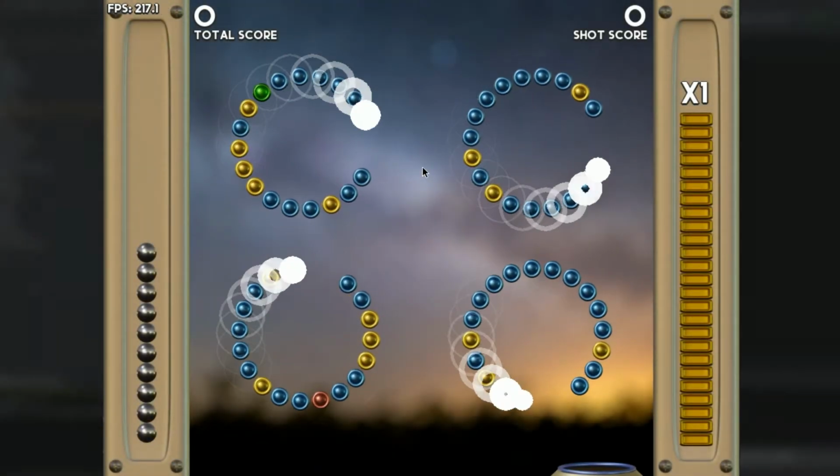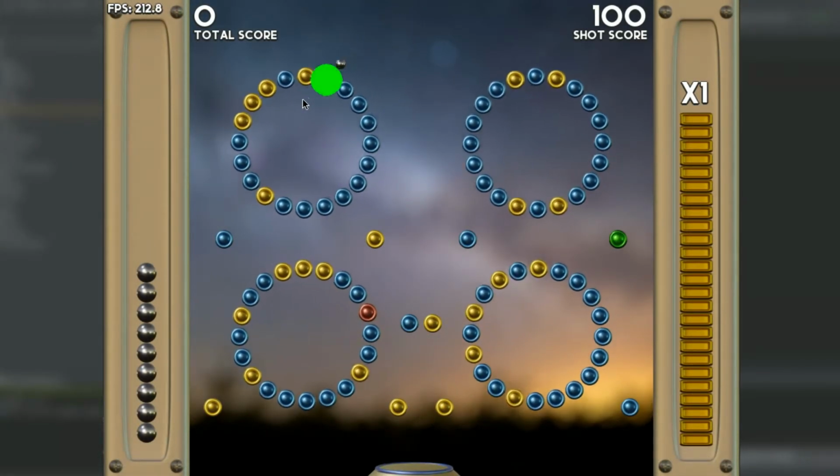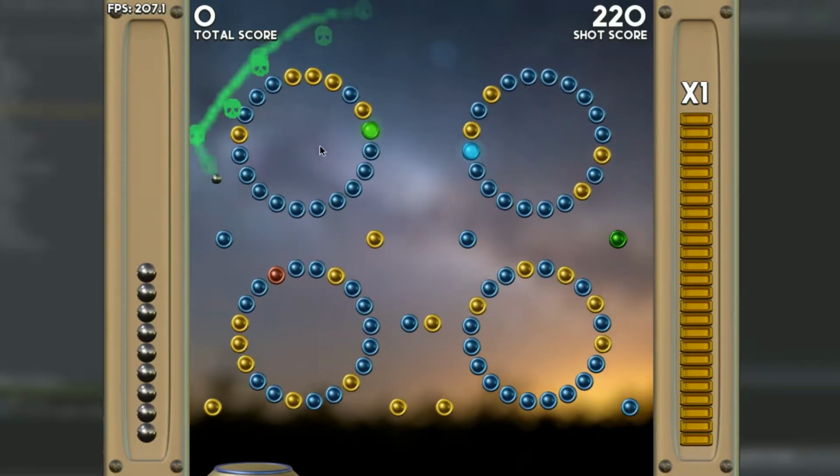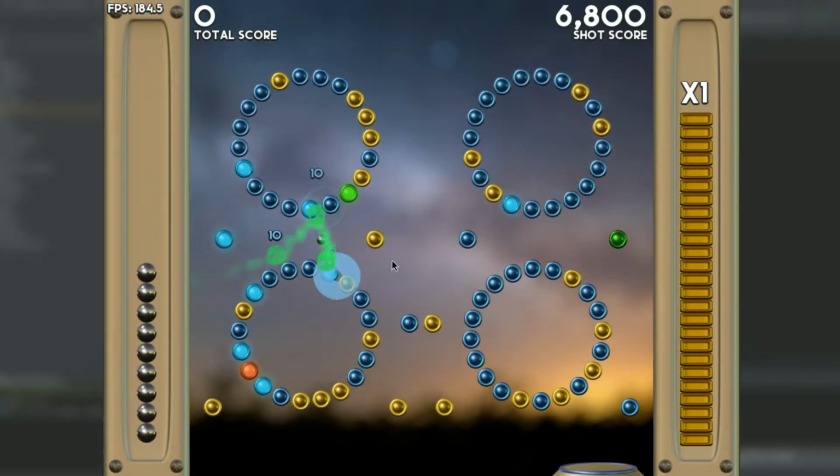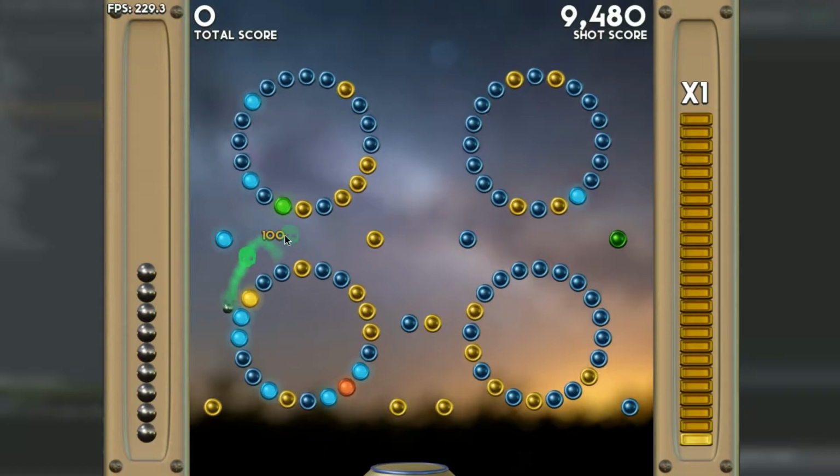Hello and welcome to the fourth episode in the Peggle and PyGame tutorial series. Today we'll be creating a ball class. This will allow us to easily spawn, simulate and render the one or more balls that we're going to need